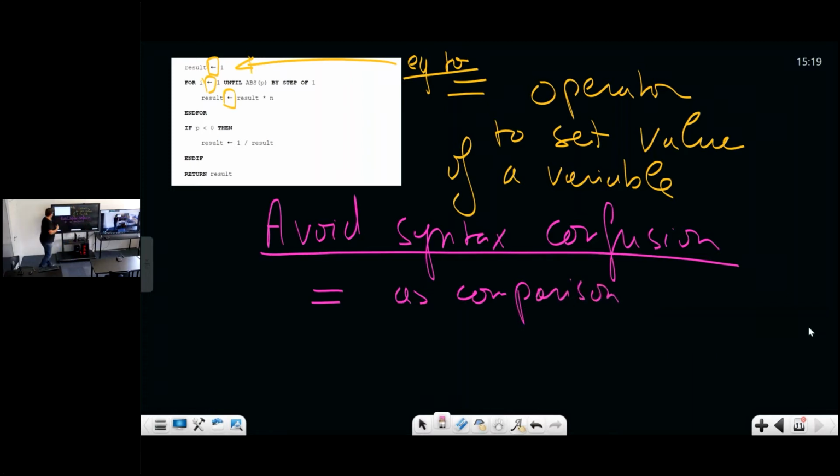And most particularly, in the case of an if statement. For example, here, if my comparison would be P is equal to 0,